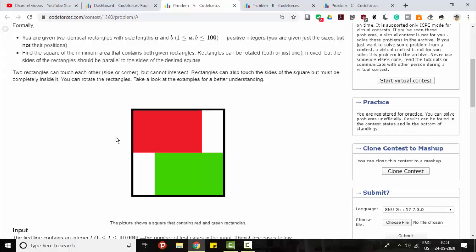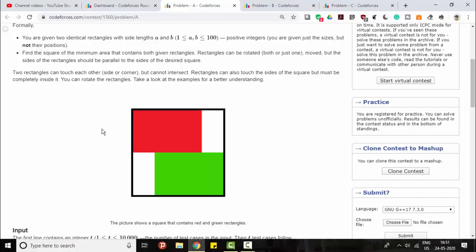lowest length. Like if length and breadth are there, if the breadth is smaller, like in this case they have stacked up the breadths together, and they are taking the maximum as 2 into the breadth. And there are just two cases in this problem: if the length is greater than 2 times the breadth, or it's smaller than that.